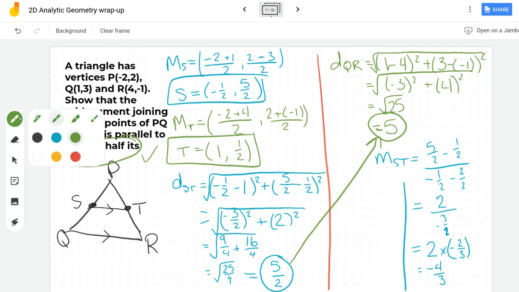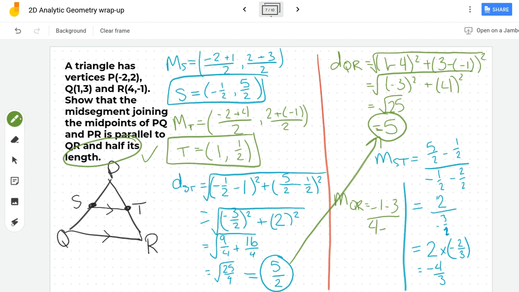And I've officially run out of space, so I'm going to try to squish in the other slope of QR in here. QR. There we go. Same slope, which means they're parallel, and the length of QR was twice as long as ST. Now, if I had some space at the end, I would make a therefore statement and say, therefore, the midsegment joining PQ and PR